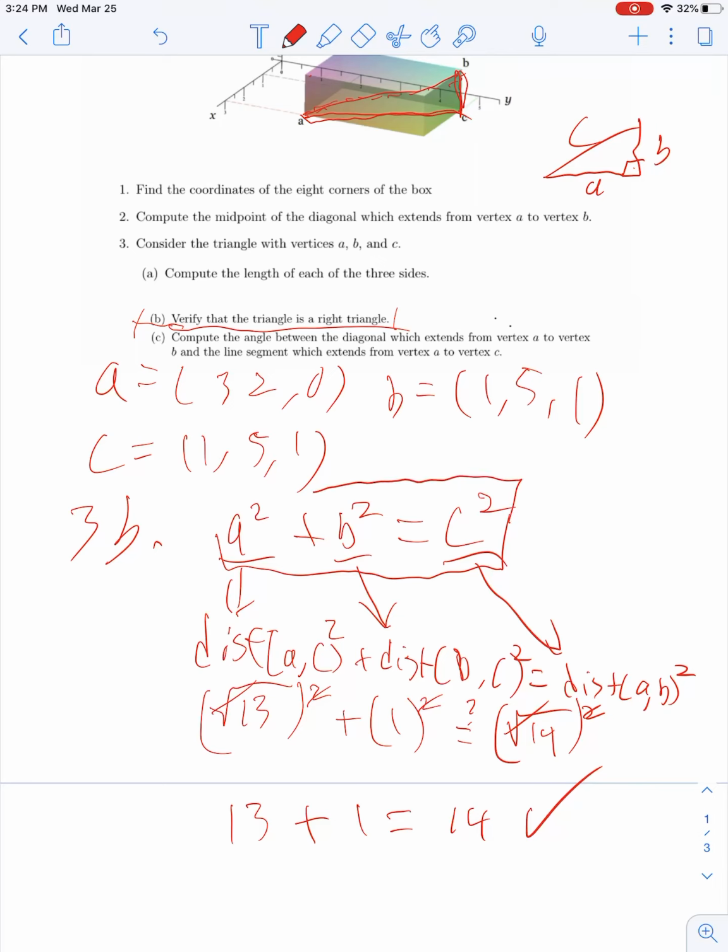Also, it's worth noting that this generalization of this is how we get the distance formula in any dimension that we used in